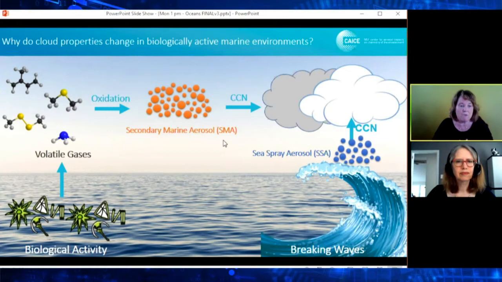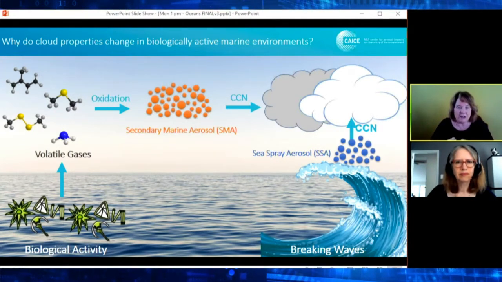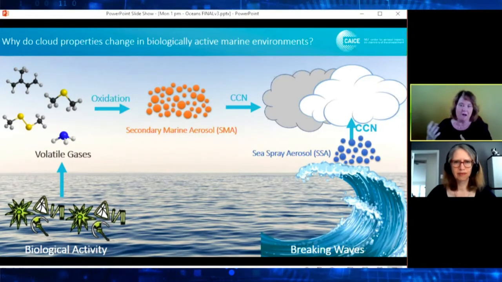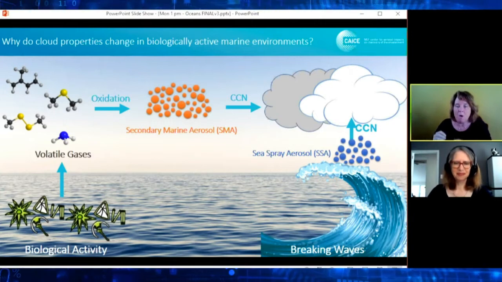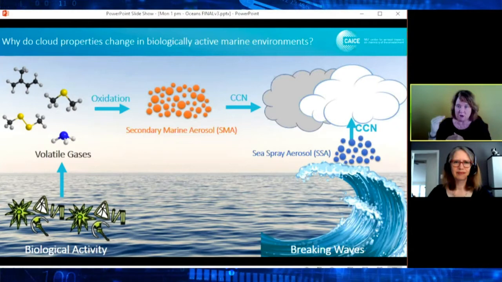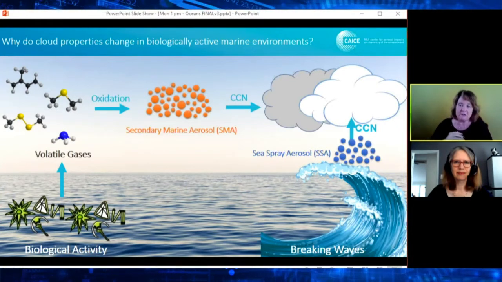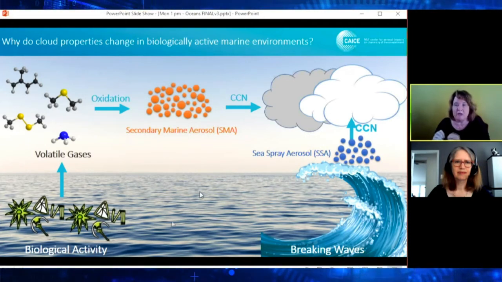Basically, our first thought was that the phytoplankton, if you look on the right where there are breaking waves, you can actually see a change in the composition of the seawater. And so what we spent 8 years looking at was how the composition of the seawater changes the composition of the sea spray aerosol, the stuff that comes directly out of the ocean, and how that changes the cloud seeds. Without these aerosols, you would not have clouds. At the center of every cloud drop is an aerosol. So we spent a huge amount of time trying to explain this. We did bloom after bloom after bloom, trying to look at it,